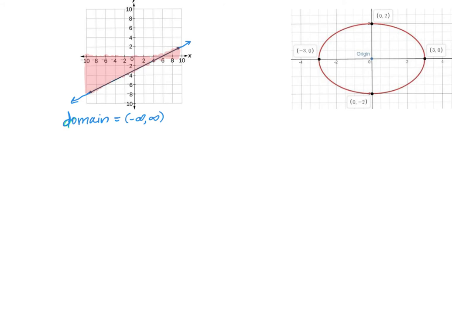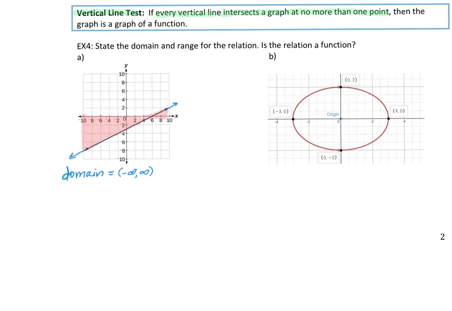Let's look at the range. So the range is going to be our y values. And the y-axis is a vertical axis. It goes up and down. So I'm going to start at the bottom of my graph and I'm going to look at this 10. And I'm going to ask myself, does that y value correspond to anything on the graph? And yes, it does. So if the y value corresponds to something on the graph, then I can include the y value